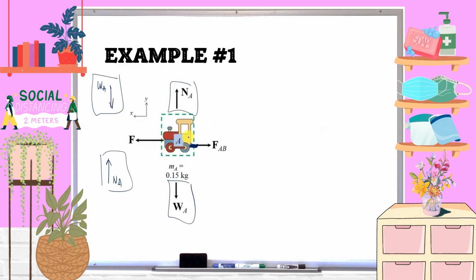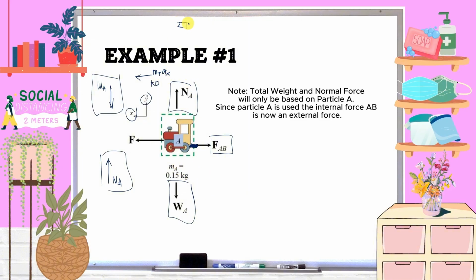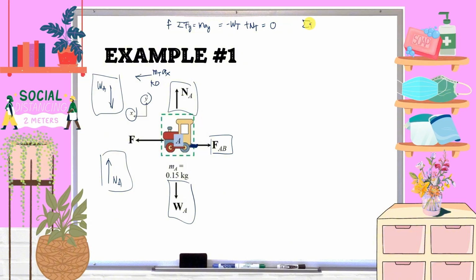Now, since we are finding the unknown force AB, and if you recall from our kinetic diagram that this is our mass times acceleration, based on our axis, this is along x. So our summation of force along y will still be the same as earlier, which will be negative total weight, since we established upward positive, plus the normal, equal to 0, since the direction is only along the horizontal. Now we will solve the summation of force along x, which equals mass times acceleration. Take note, mass of A, and this will be along horizontal as positive.